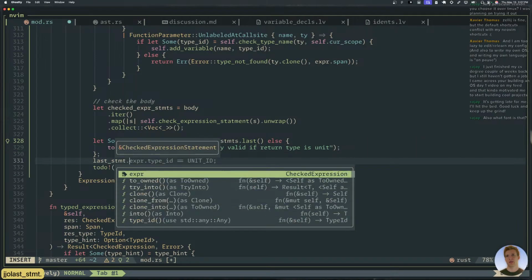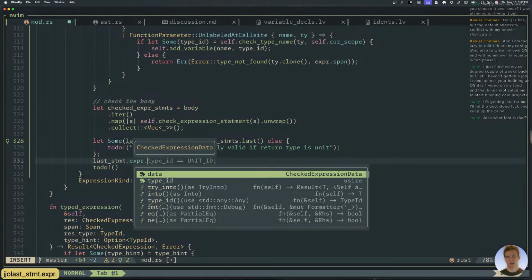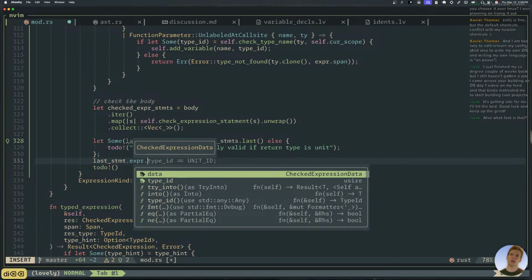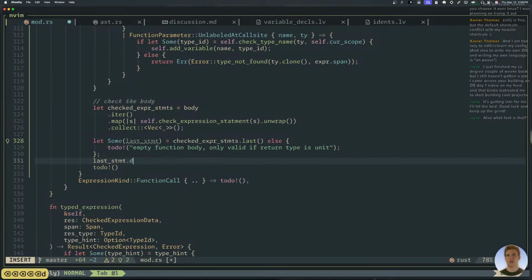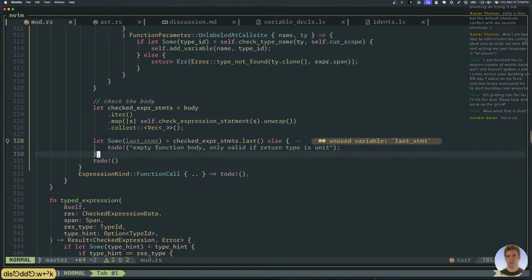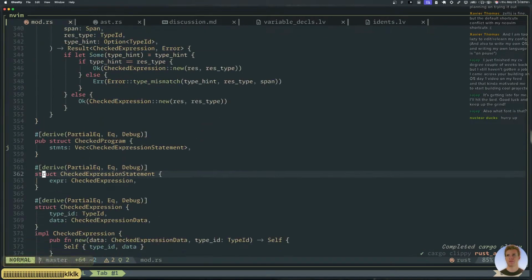Last statement dot expr dot, what is the type of this? Checked expression statement. This needs to have a discarded field.